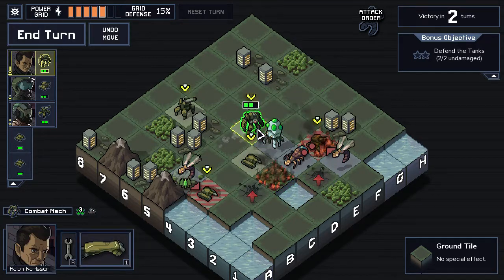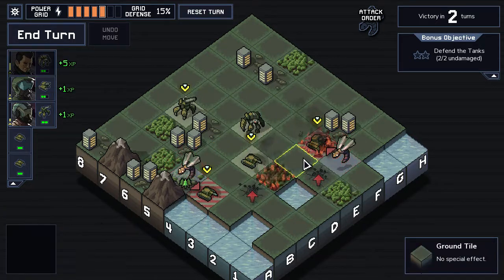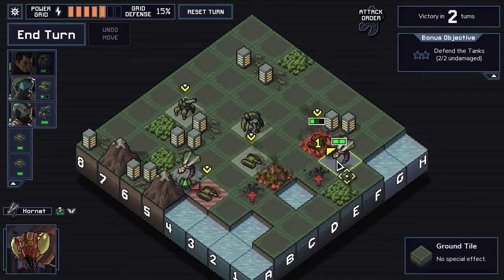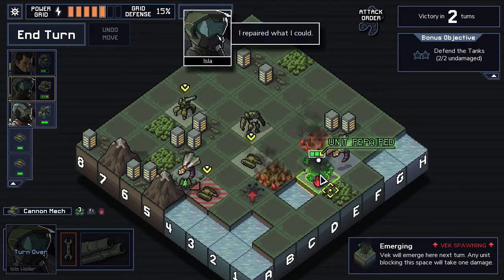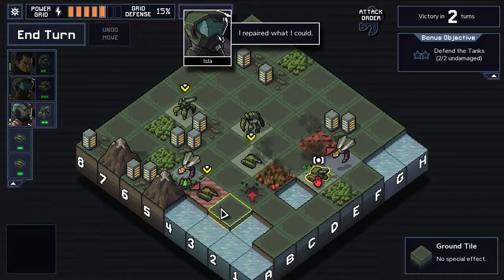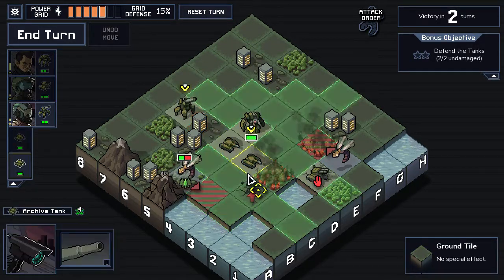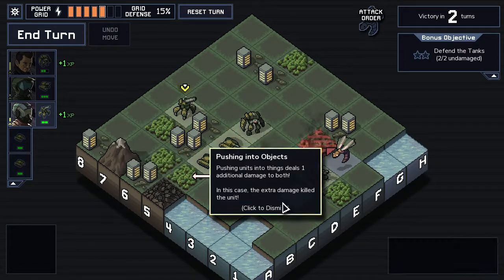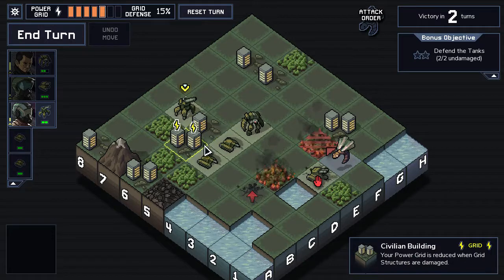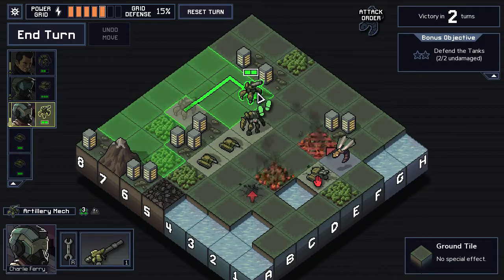So I think I like a punch here. And then the loss in bonus HP killed that enemy. Just going to come here and repair, which also removes the fire. Use our push to push that into that mountain. Okay, in this case, the extra damage killed the unit. Also, when something other than one of our mechs specifically kills an enemy,